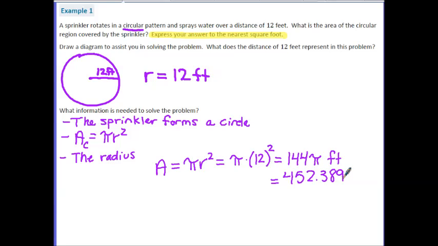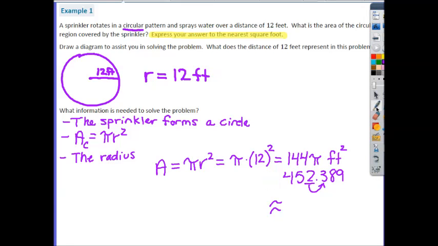Now after the 9 is a 3, so I did not round the 9 up, I kept it the same. But when we look at our final answer here, it says round your answer to the nearest square foot. So when they're asking for a whole number, they're asking you to round the ones place. So the ones place is here, and I always look to the number before it. The 3 tells the 2 to stay. So my approximate answer, and notice I'm not using equals anymore, and actually we shouldn't use equals here either, because this is also an approximation. And so our approximated answer is